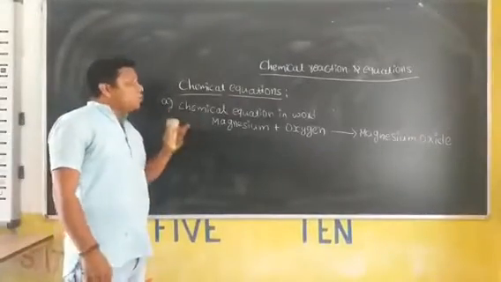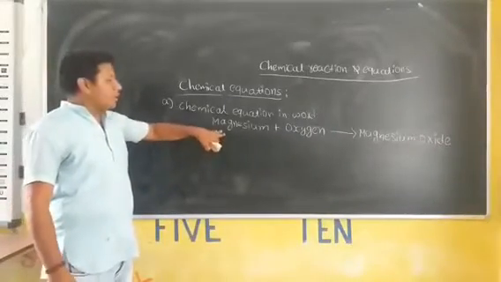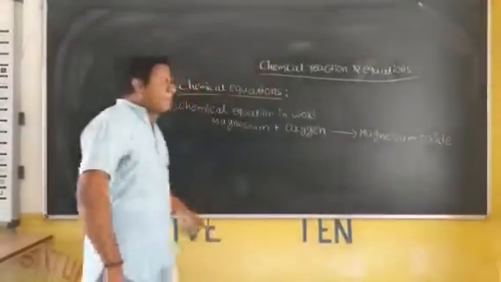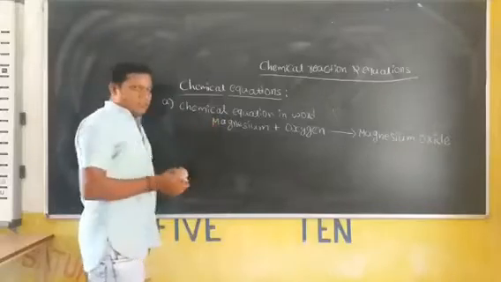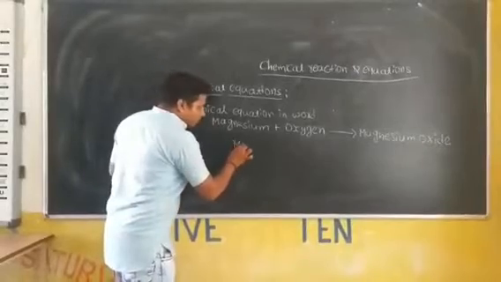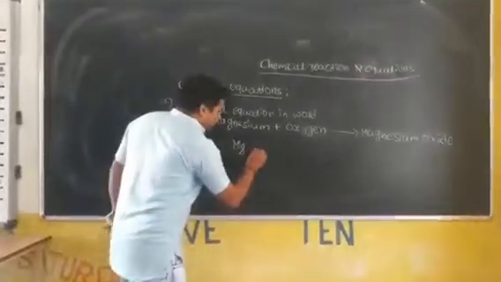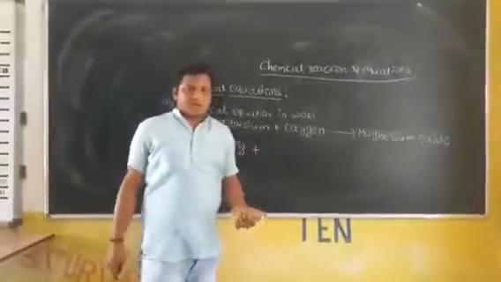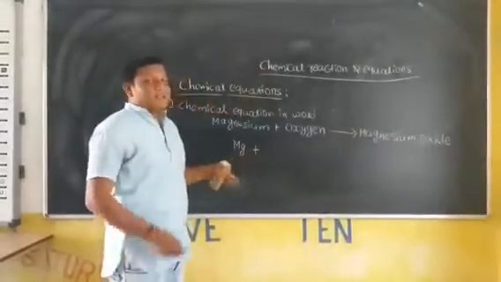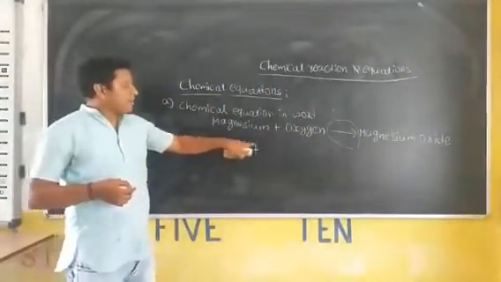But how do we convert this chemical equation into terms of formula? You substitute what is magnesium, what is oxygen, and what is magnesium oxide. When you convert from word to formula, what is the formula of magnesium? It is nothing but Mg. Separate reactants or products, whatever they may be, by the plus sign, and separate reactants and products by the arrow mark. That's magnesium plus oxygen.